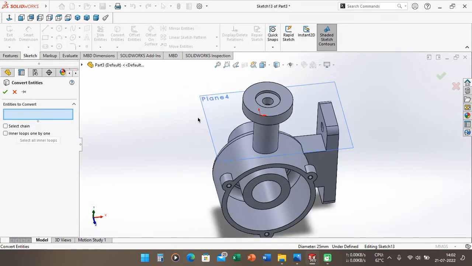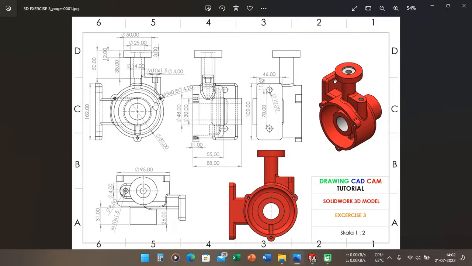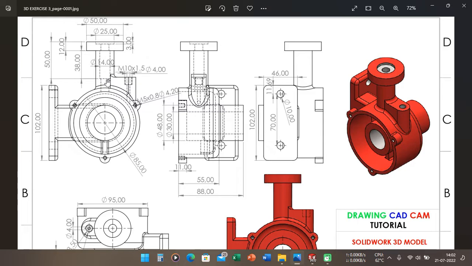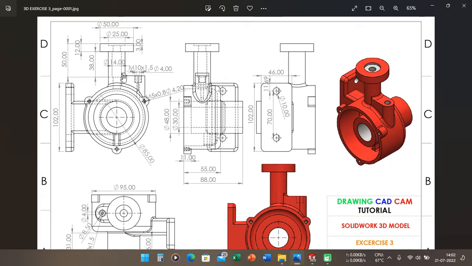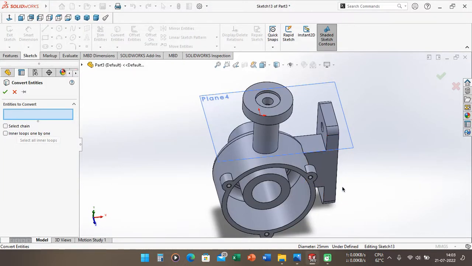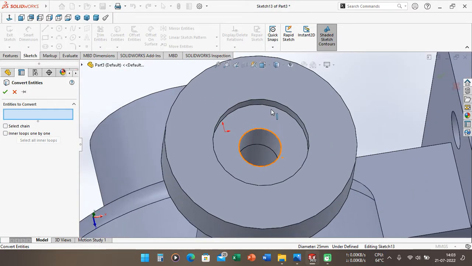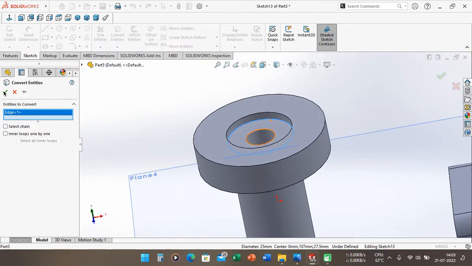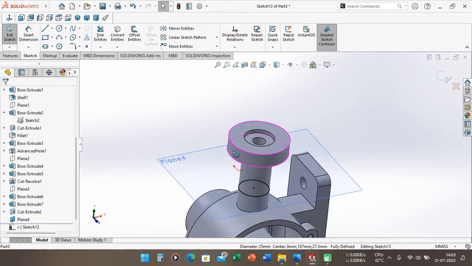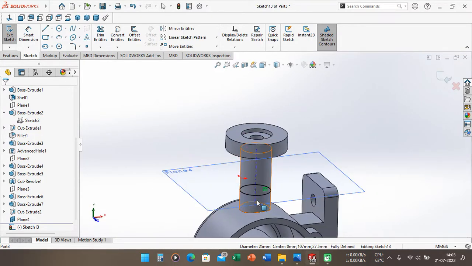After that we can see again here, because in here we have a dimension 50 millimeter, so we can use this line, and we can make the entities using this circle, using this section. So we can go again to SolidWorks and choose this circle, and okay. So the circle has automatically appeared here.